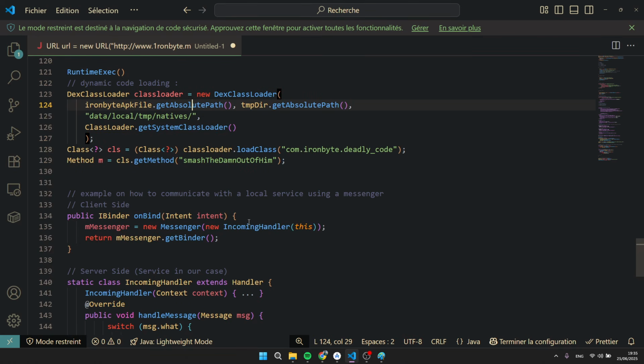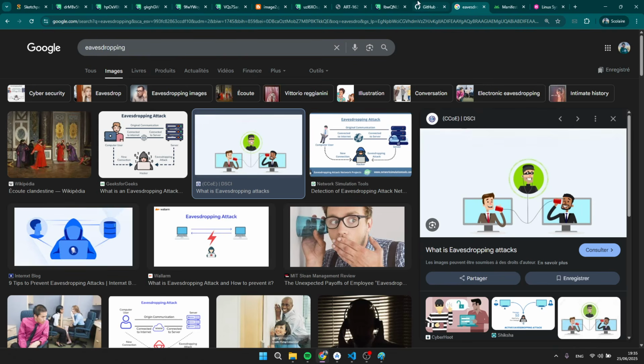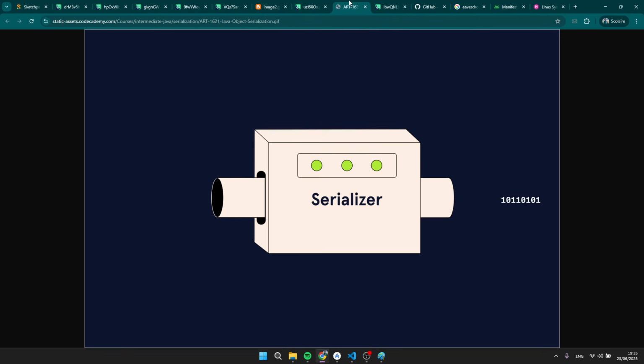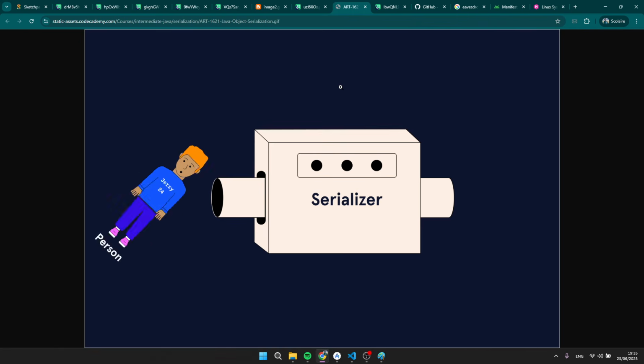Another thing I want to talk about now is something that we have delayed, which is serialization. Yeah, the serialization. Okay, let me simply explain: serialization is when a process converts an object into, for example,